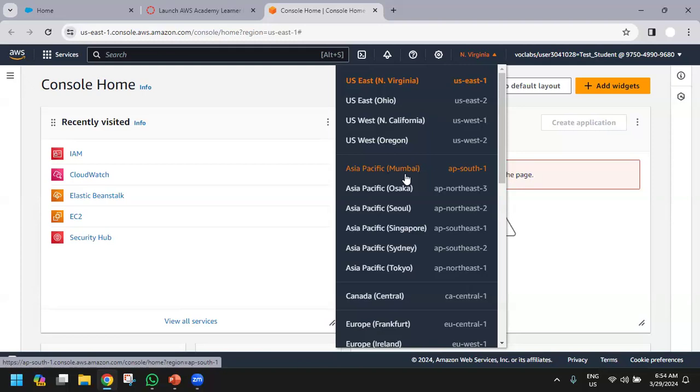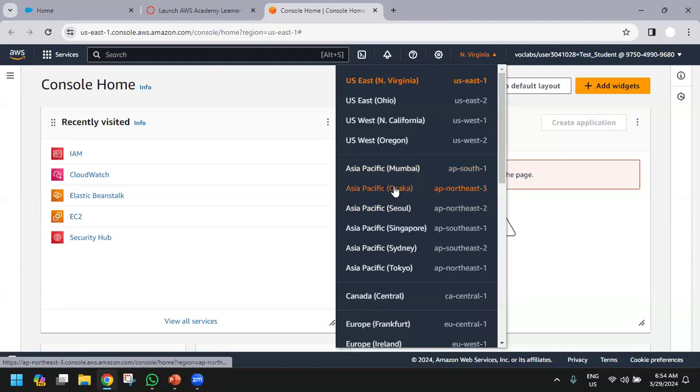Latency means variation in the delay. Maybe your packet is coming with a delay of 1 millisecond to your system, and another time it is coming at 2 milliseconds. Then again 1 millisecond. So there is latency. That is not uniform.